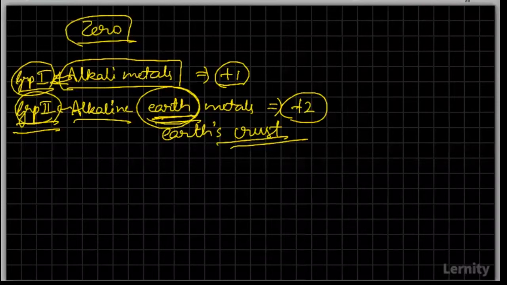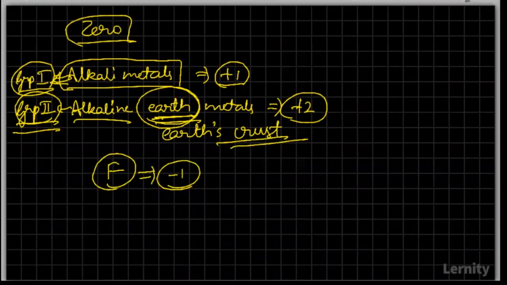Good. The most electronegative in the whole periodic table is fluorine, and it has the oxidation number -1. And we have already come across that the total oxidation number due to every element present in a neutral compound is always equal to 0. It means if the whole compound carries no charge, it should be neutral. Or if we are trying to calculate the oxidation number for any ion, then we have to make sure that it is equal to the charge it carries.